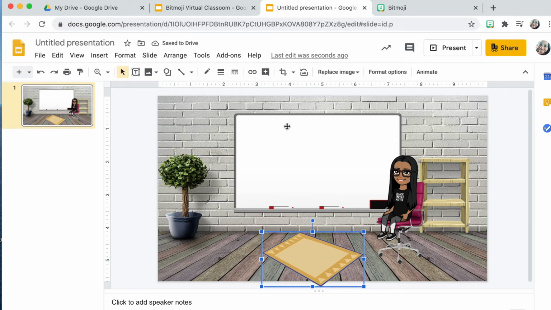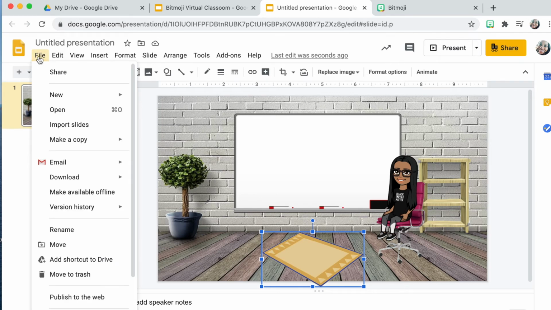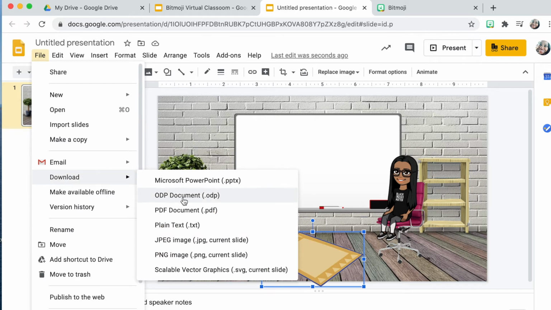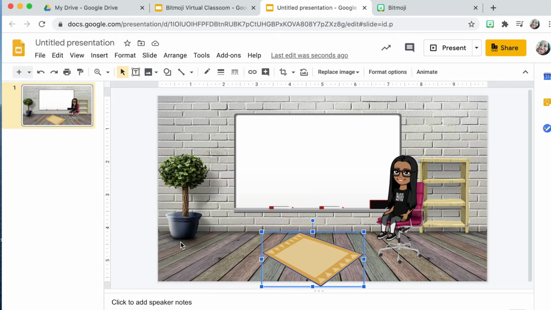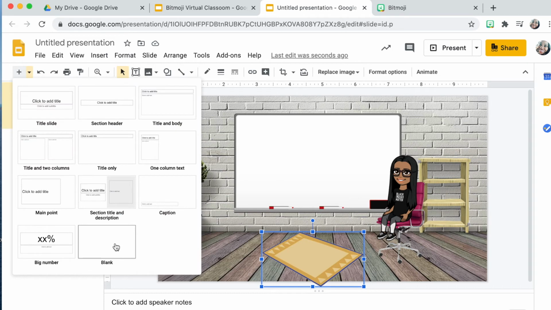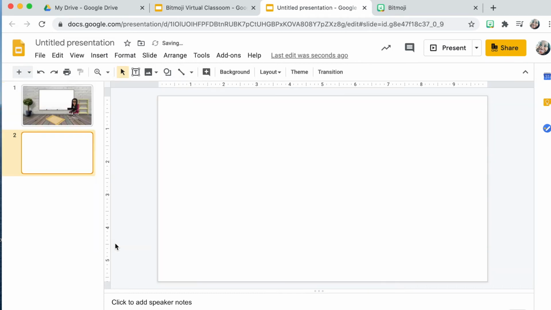Now you see. Another thing is, after this process, a smart thing to do so that you don't have to repeat the basic foundation of the classroom is to download this image. So I suggest you do that by simply going download and JPEG, and that image is now downloaded. And if I decide that I'm going to move on to my next slide and I have new links to add for my students, but I don't want to go through that whole